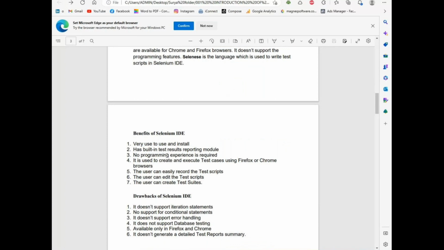So what are the advantages of Selenium IDE? Advantage number one: it is very easy to use and easy to install. Installation is easy, usage is easy, and no programming experience is required. We can run it easily in Firefox and Chrome, and users can easily record and play scripts, and editing is also easy. Okay, there are some benefits, but these benefits are